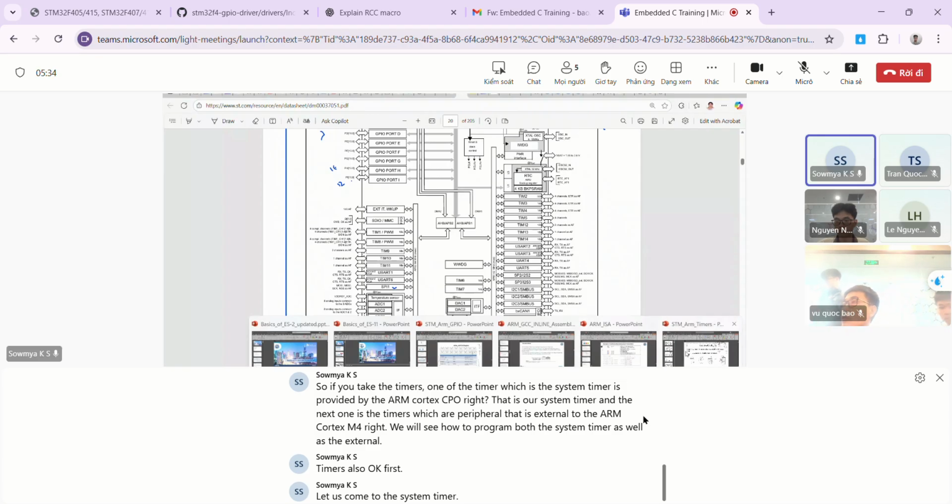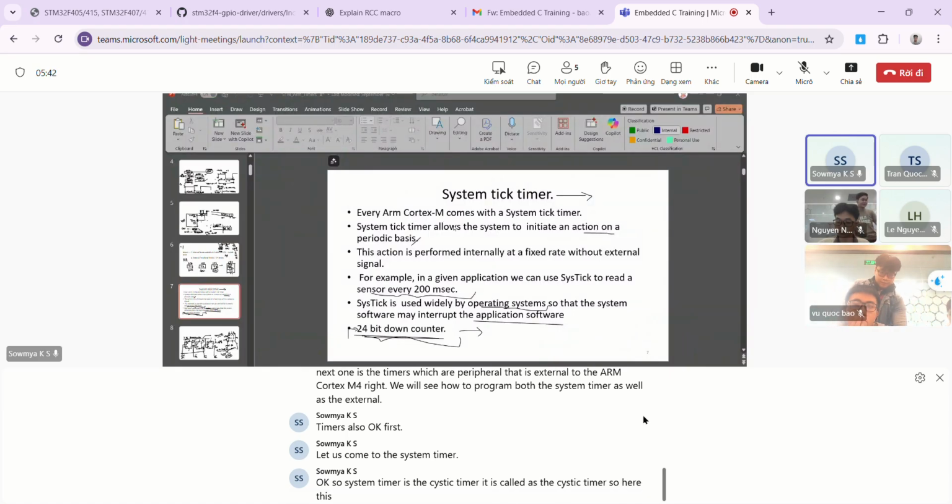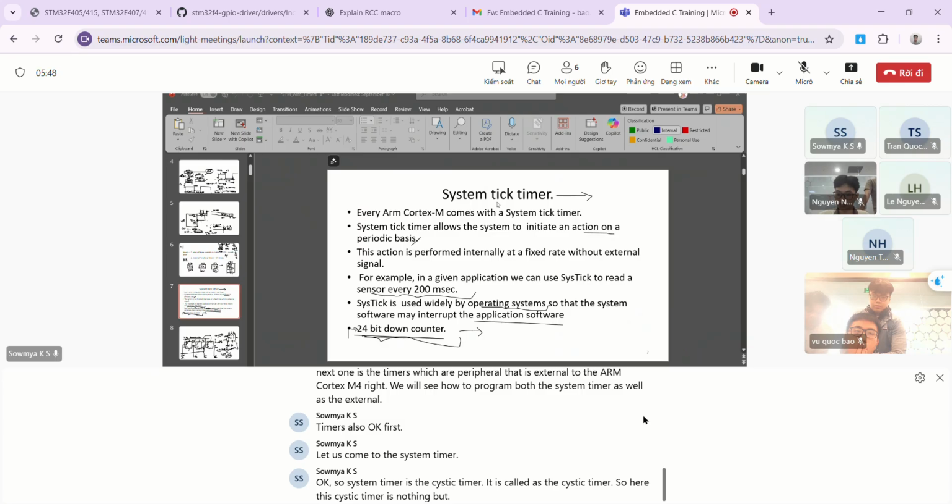So the system timer is the SysTick timer. It is called the SysTick timer. So here, this SysTick timer is nothing but, okay, this SysTick timer